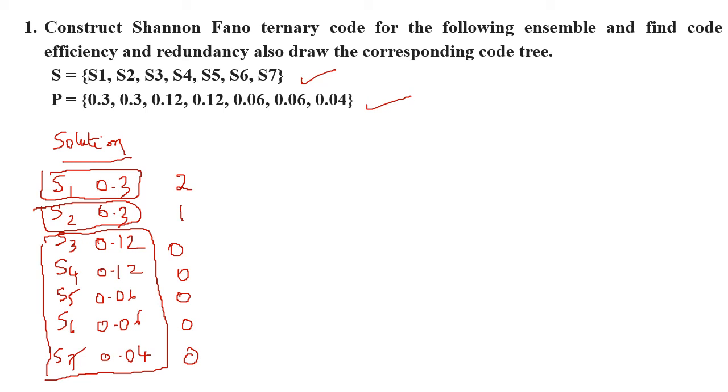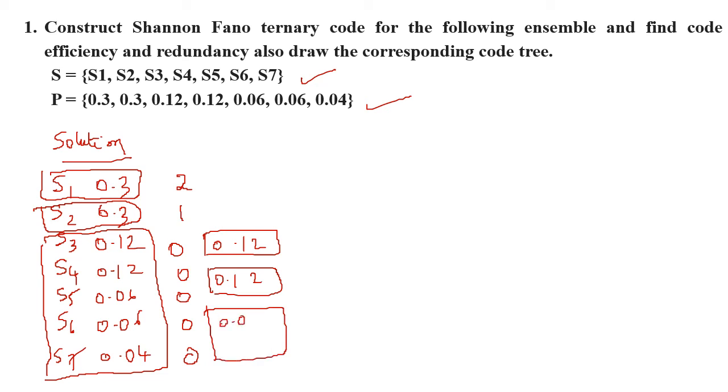So all these 6 symbols here we are going to assign it as 0. Next is this total sum value is 0.4 now. So 0.4 divided by 3, it comes to around 0.12 I guess. So you are going to group the first value as 0.12, the next subgrouping as 0.12, the remaining 0.06, 0.06 and 0.04 as one more subgroup.